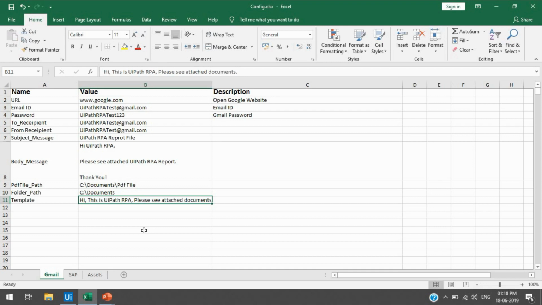To overcome this issue, UiPath uses this config file. We can store this in a variable and use only this variable everywhere.